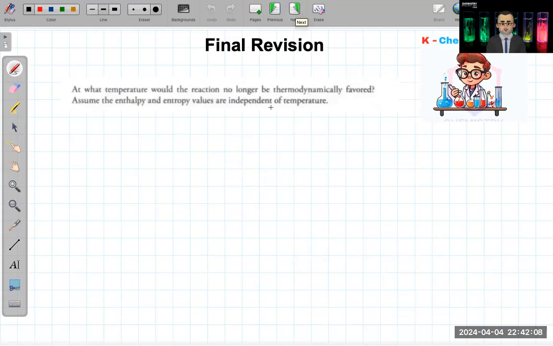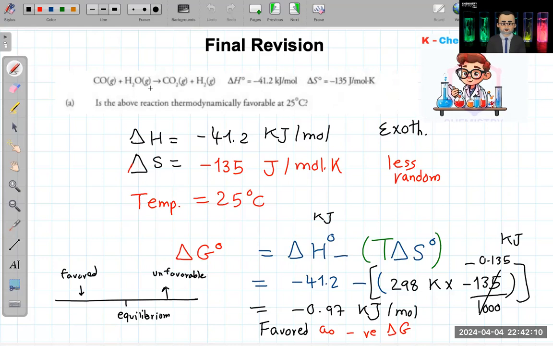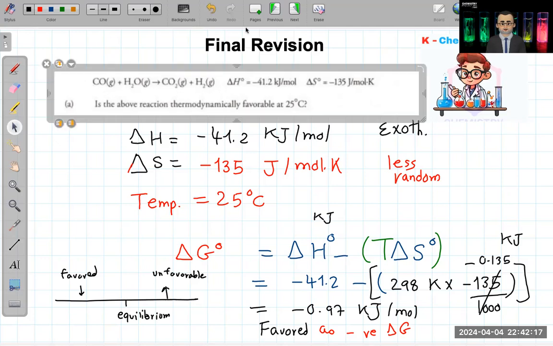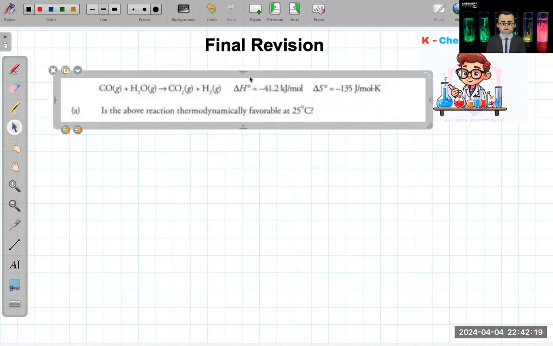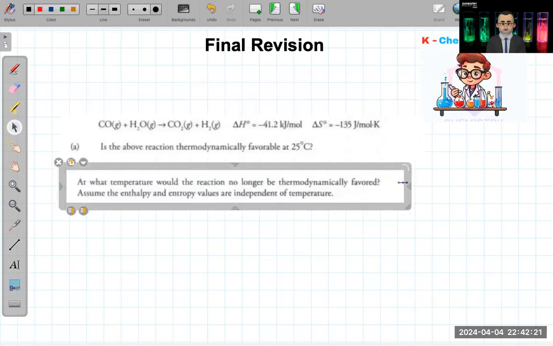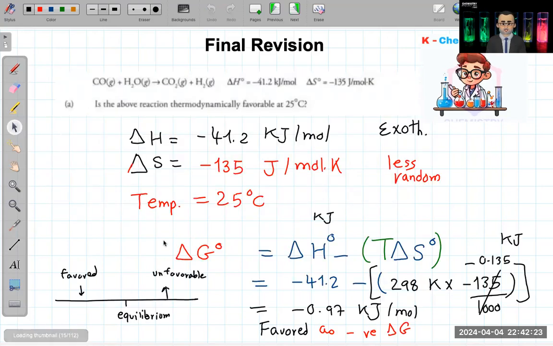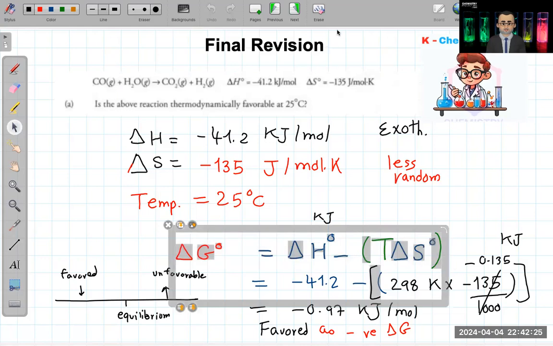How can I solve this one? I will use the same equation again. So this is the reaction, and this is the same equation. What was the equation? Can you remind me what is the equation? Delta G is equal to